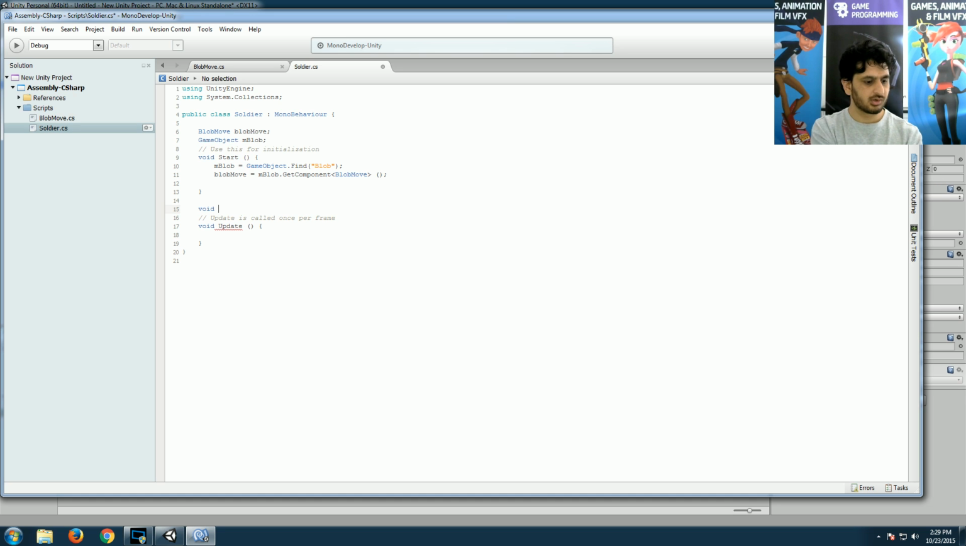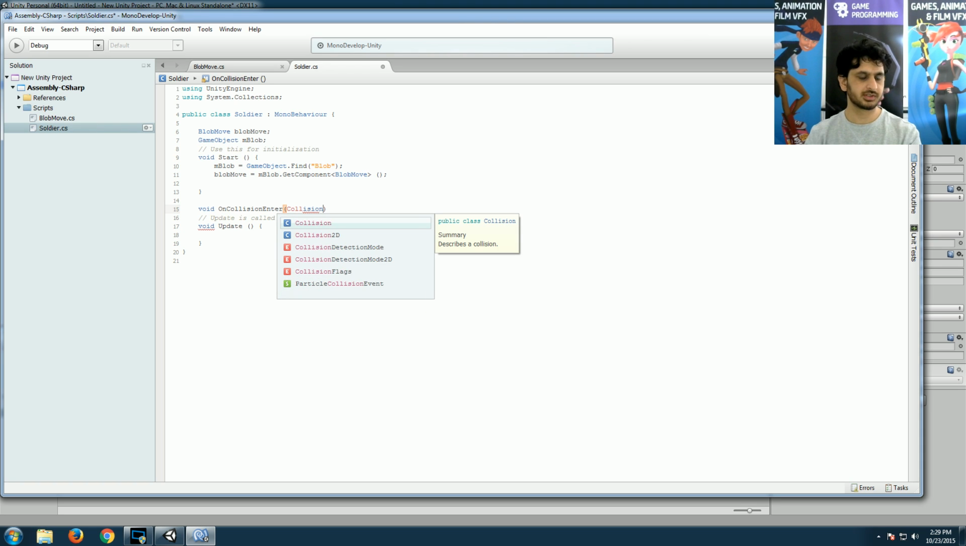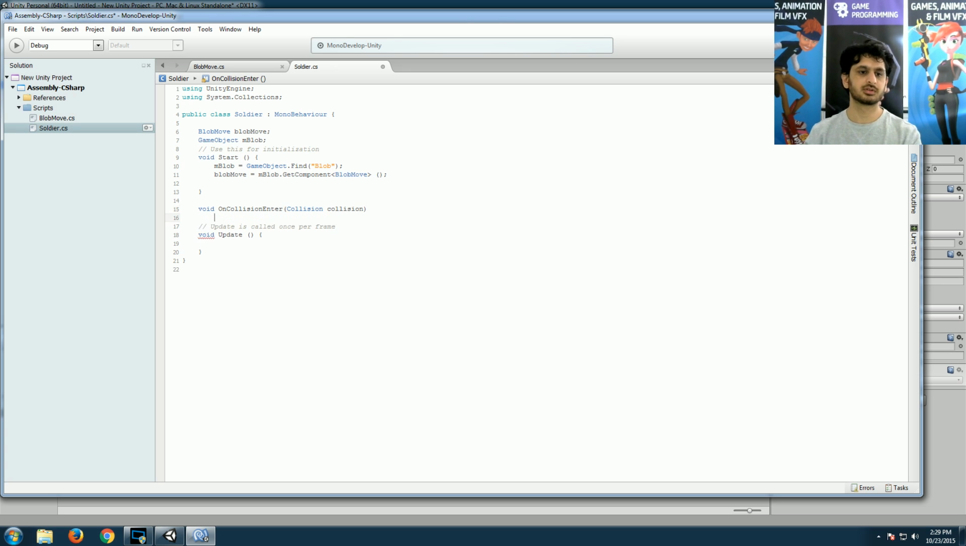Okay, heads up, we are already 30 minutes in. I'll try to go a bit faster so I can get to the questions. The signature for this function is OnCollisionEnter, type Collision. You can call it collision with a small